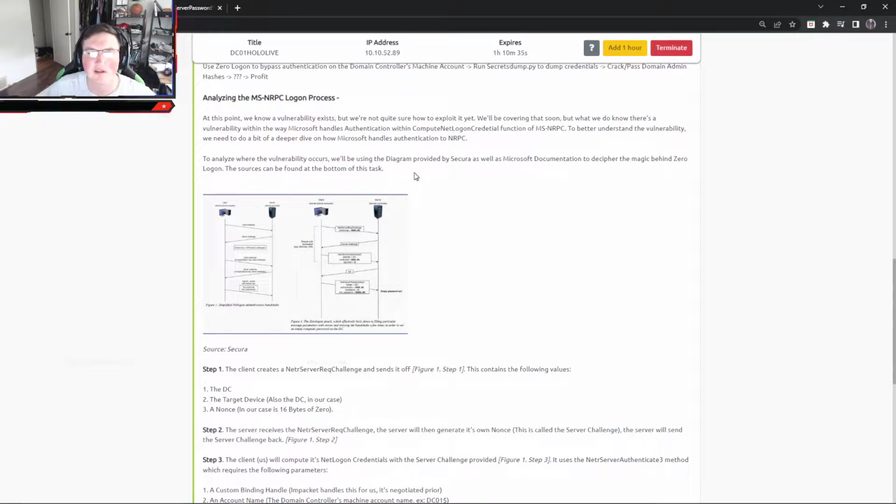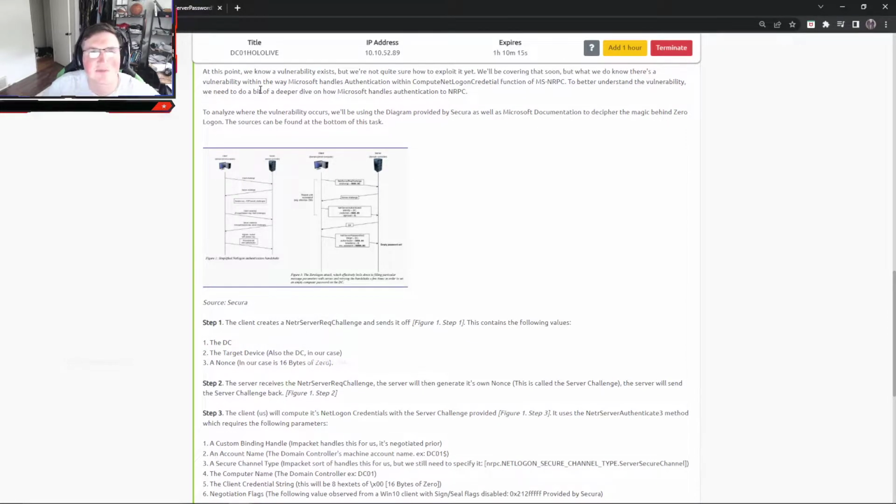And if you're doing a pen test or something and you get 50 hashes, you're going to try and break them regardless of whether you can pass them and get in, because the customer needs to know that too. They need to understand that even if they could fix the pass the hash attack, they still can crack their hashes pretty easily. So, okay. At this point, we know a vulnerability exists, but we're not sure how to exploit it.